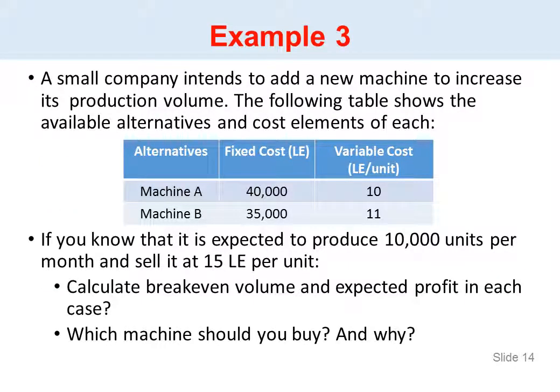The last example. This one is showing you how to use the break-even to select between two types of machine. A small company intended to add a new machine to increase the volume. The table shows the available alternatives and cost elements of each. Machine A fixed cost is 40,000, variable cost is 10; machine B is 35,000 and variable cost is 11. If you know that you are going to produce 10,000 units per month and the selling price is 15 pounds per unit,